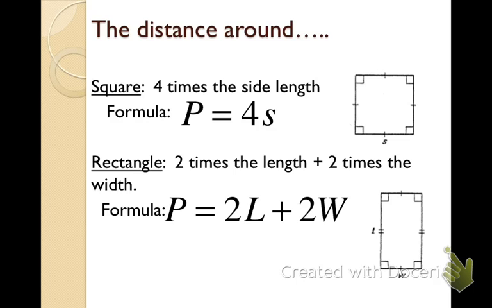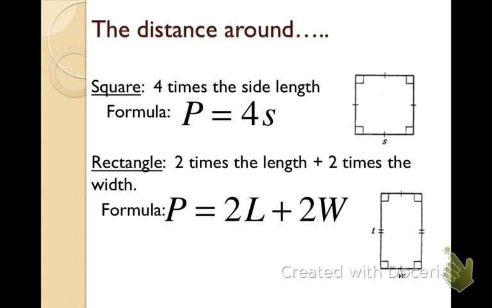If you have a square, to find the perimeter, it is 4 times the side length. So the formula is capital P equals 4 times S, where S means the side length. If I have a rectangle, to find the perimeter, I take 2 times the length plus 2 times the width. The formula for that is capital P, meaning perimeter, equals 2 times L, which represents length, plus 2 times W,